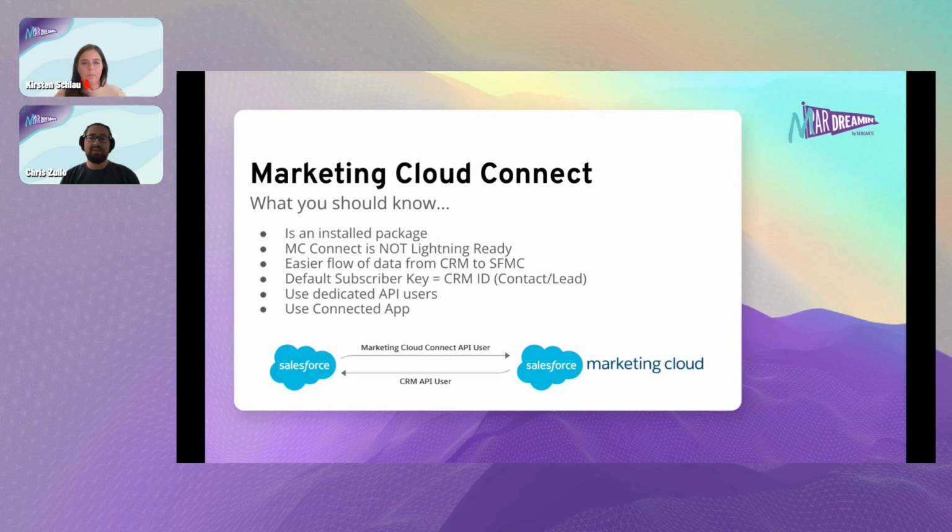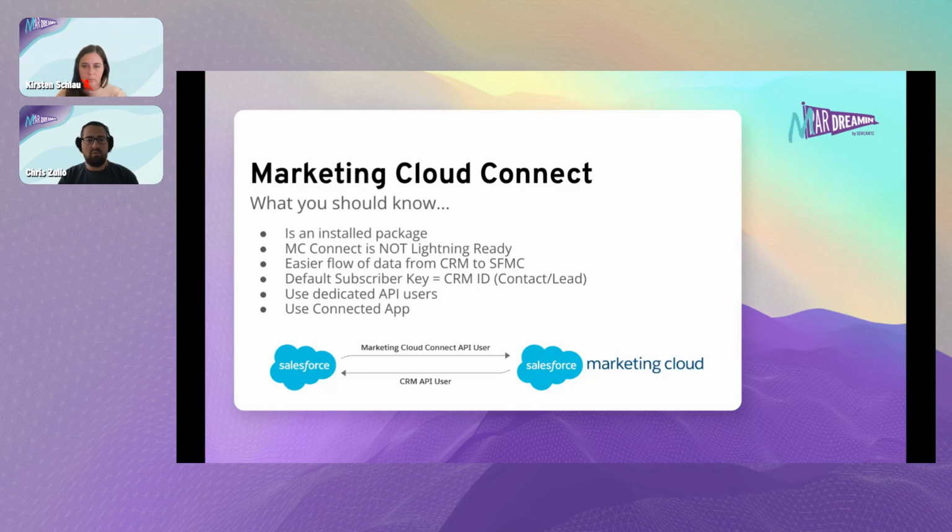And this is an install package, so that's the good news. I will highlight again, not to throw shade or anything, but it's not fully enabled. So there are pages where you may need to use the navigational arrows within your browser, but the important thing is that the connector is in place for the data, not necessarily for navigation within the Salesforce CRM. The default subscriber key is going to default to the Salesforce ID unless we set it otherwise. As far as the install package is concerned, you want to always have